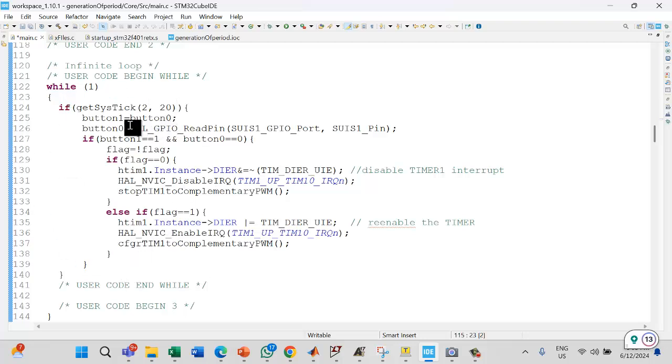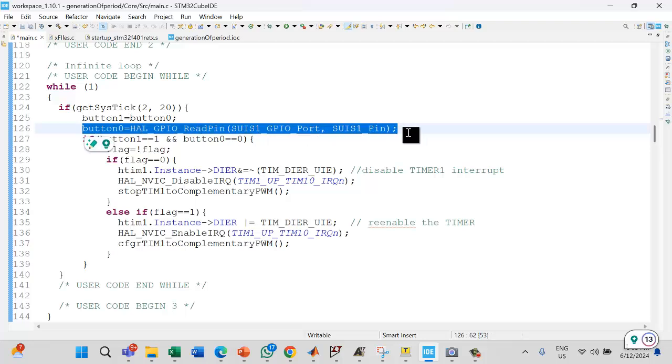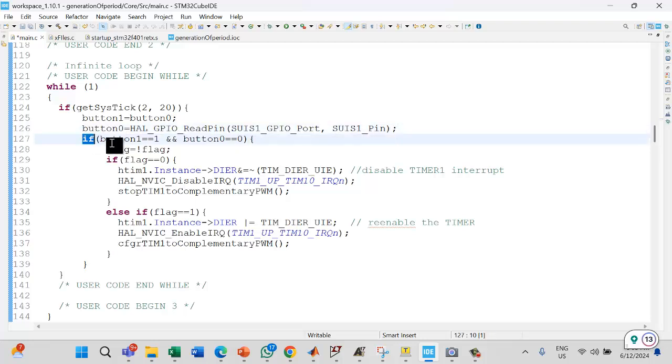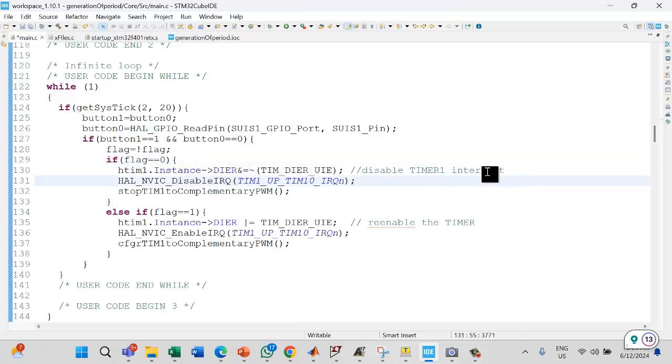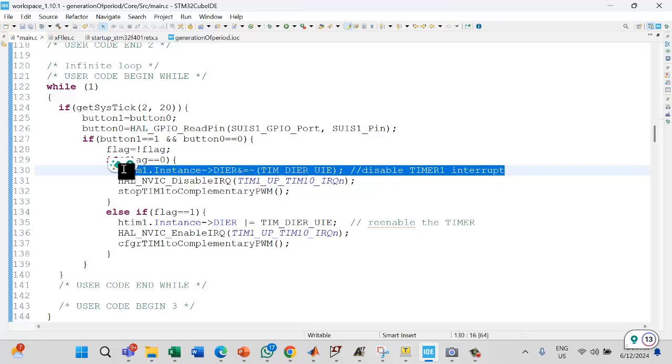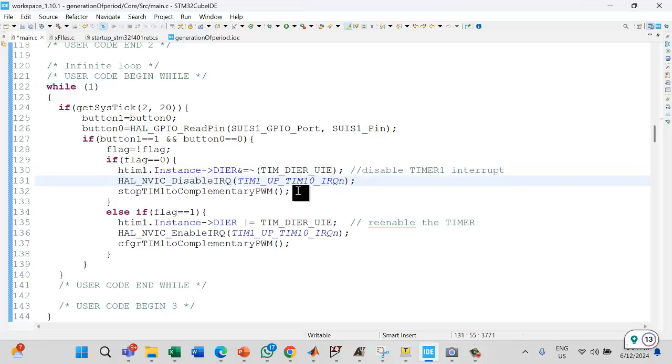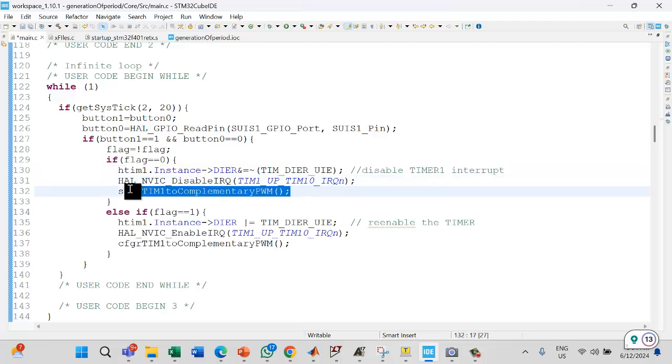until the blue button is pressed. When the blue button is pressed, the flag will be toggled. This is the running flag actually. So if the flag is 0, then we disable the timer interrupt, and then stop the complementary PWM. Stop it. So nothing we can see